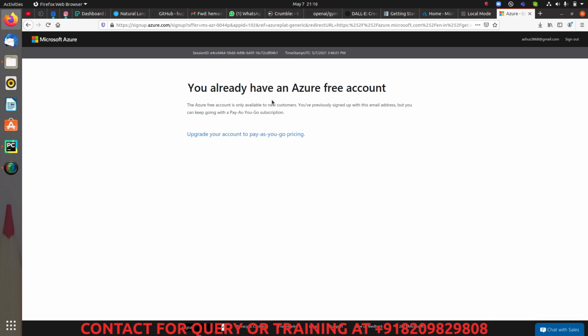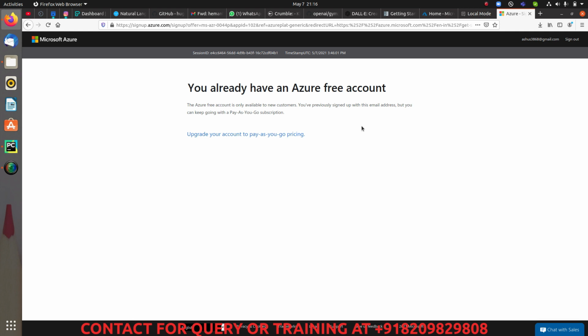Alright, I already have an Azure free account, so I will not be allowed to get the free account again. I will not be signing up now. Instead I can directly log in because I already have an account. But in your case it will ask you to log in first, and after that it will ask for further details, which you can provide. If you're worried that it will ask for credit card details, don't worry, it will also accept debit card details if you have a Visa account. You can use that to get free access. This is what I also did.